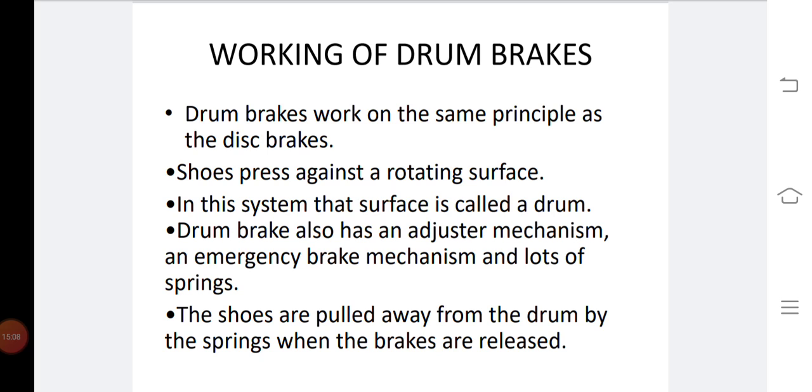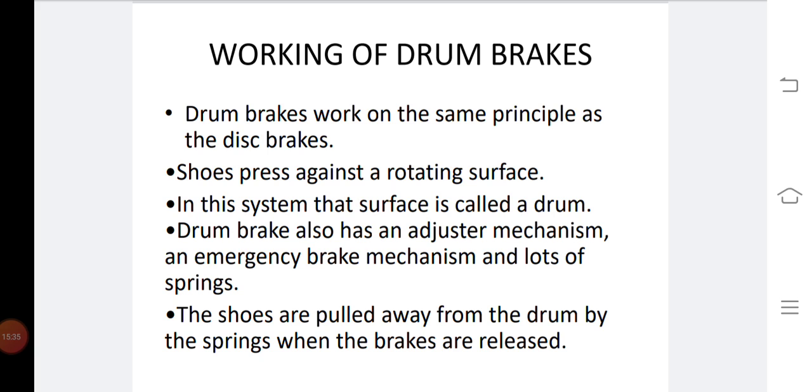That is another advantage of the two leading shoes type of brake. And another point is greater resistance to brake fade. Because both shoes share the braking equally, the self-servo action on the shoe can be reduced so that a more progressive braking action, which is less sensitive to heat, can be achieved.